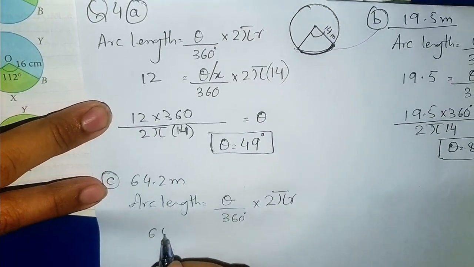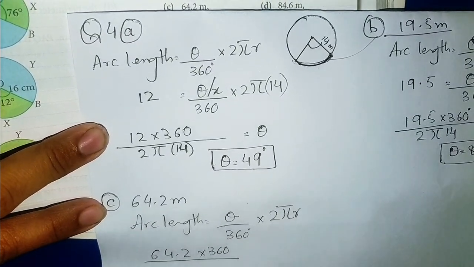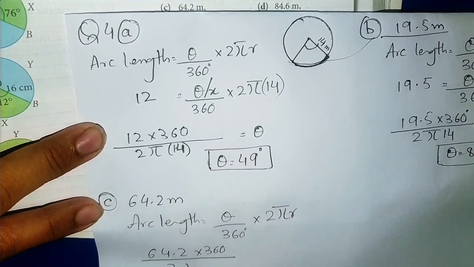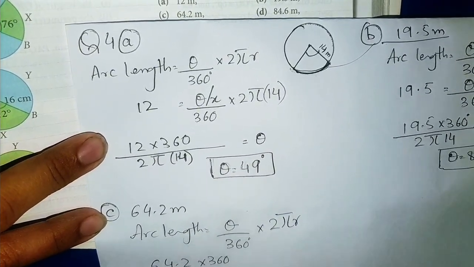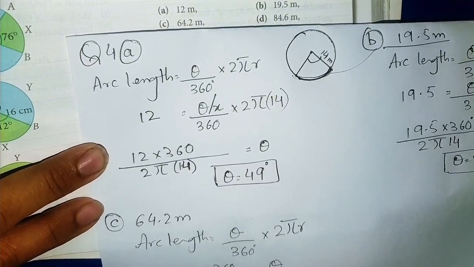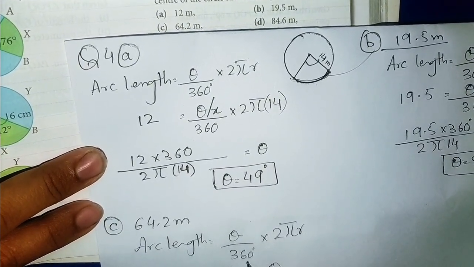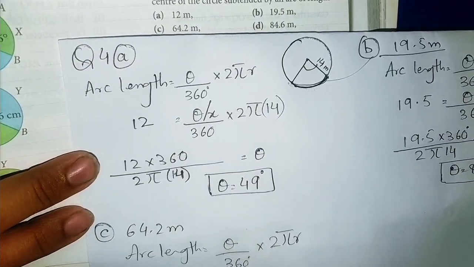Now arc length is 64.2 times 360 upon 2 pi, and you know the radius will remain the same, that is 14, is equal to theta. What I have done, I have made theta the subject, and the numbers that are multiplying, because arc length is 64.2, I have written 64.2